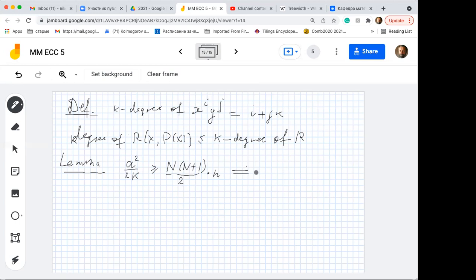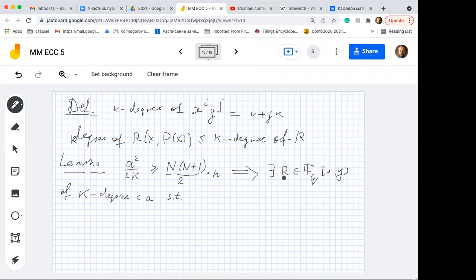And under this assumption, there is a non-zero R. R is a polynomial of two variables, X and Y, of k-degree less than A,